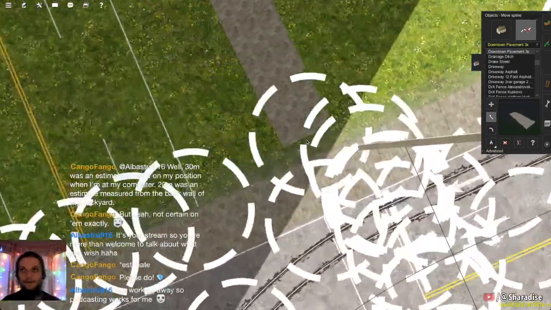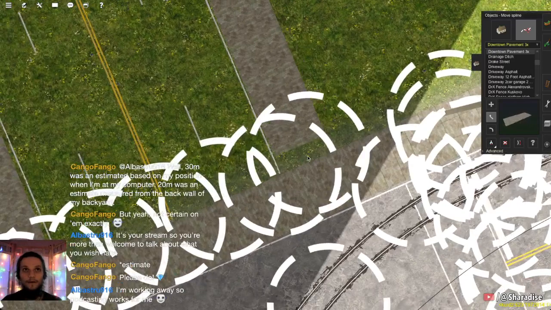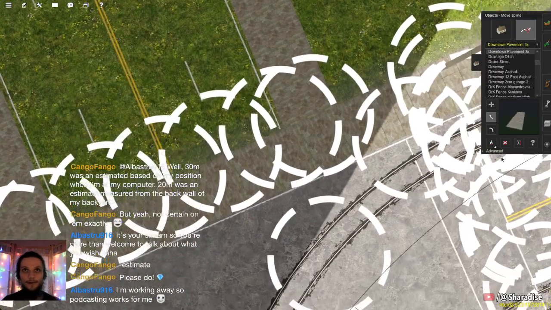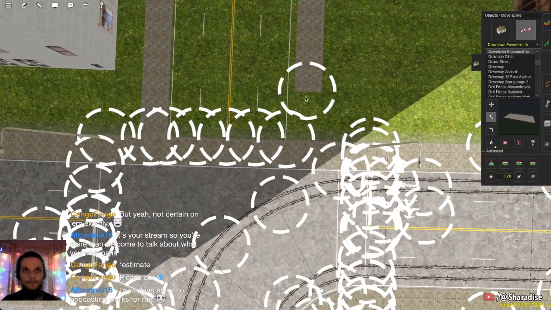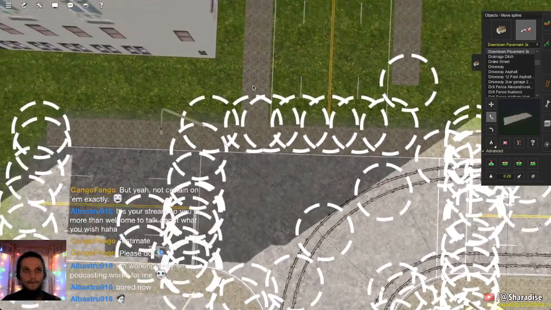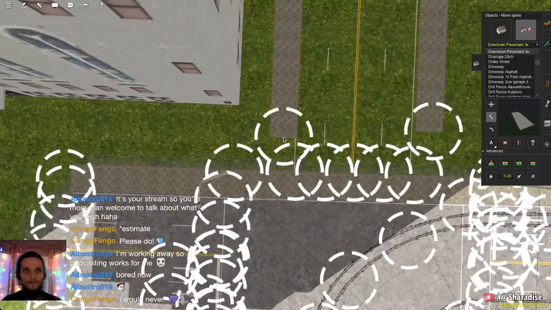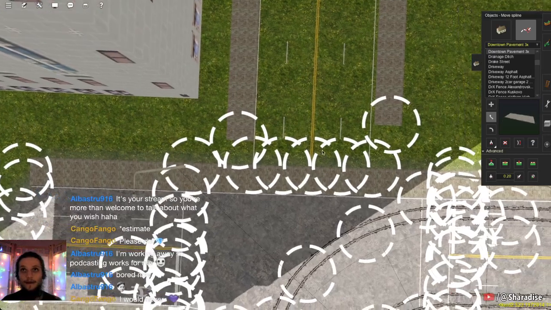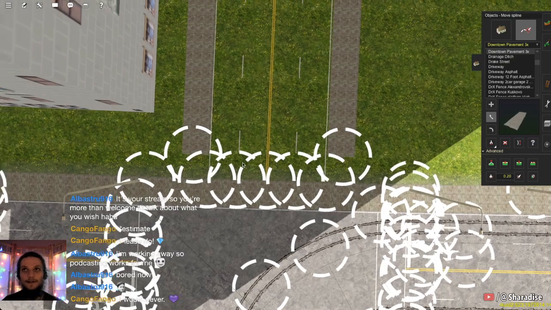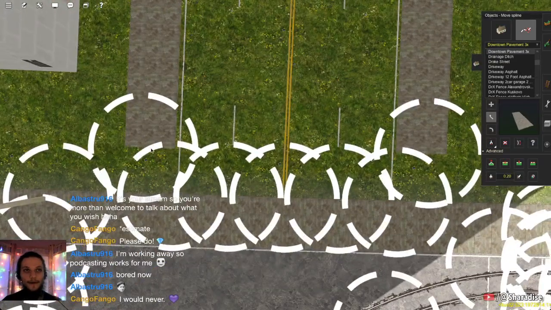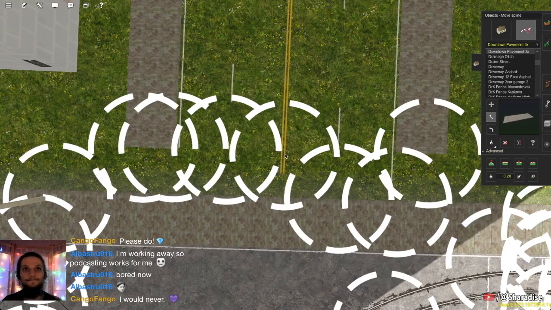It wouldn't really be much detail. I'm working away, so podcasting works for me. Okay. Yeah, so I won't go into great detail, and if it does bore you, please let me know. So... Ooh, actually, this needs to be pushed further back a bit, because that's the radius of the other... Okay, yeah. So these two don't touch, so this should be moved up to about there, actually. Anyway, so, bored now. Well, okay, I haven't started talking about it yet, so that's why you're bored. If I were to have actually started talking about it, you would be enthralled. Anyway, so